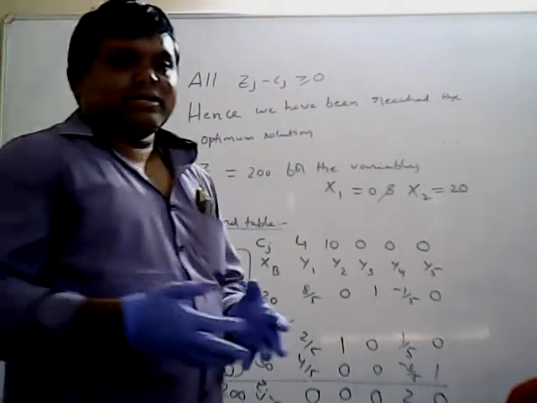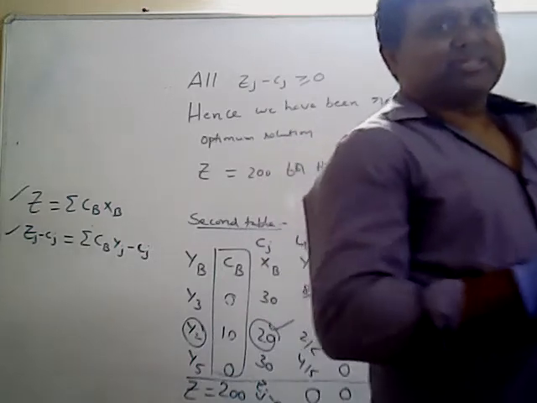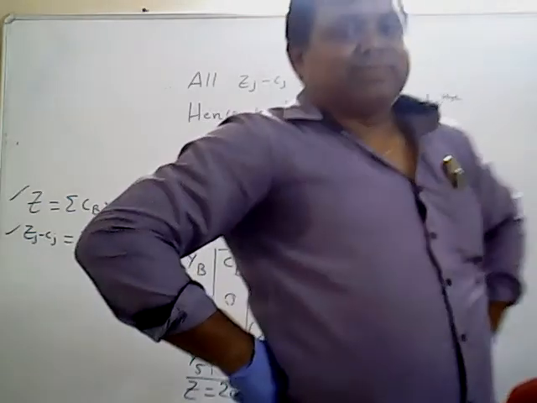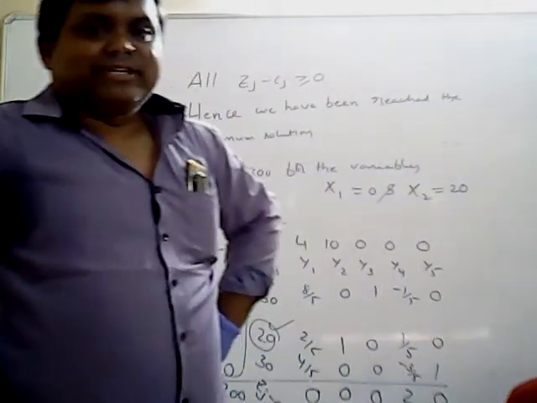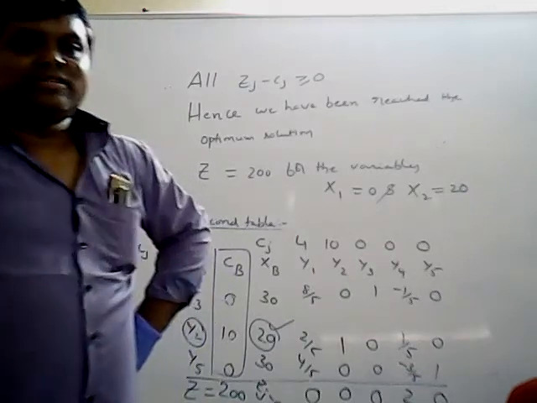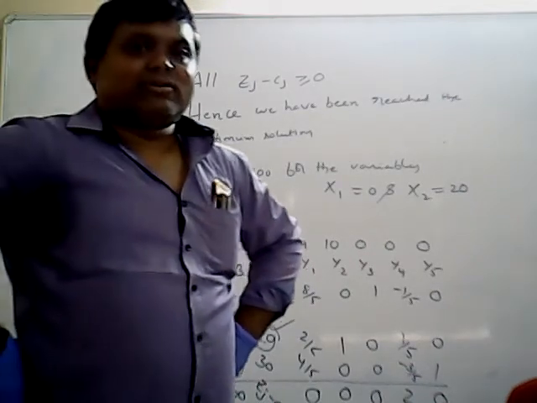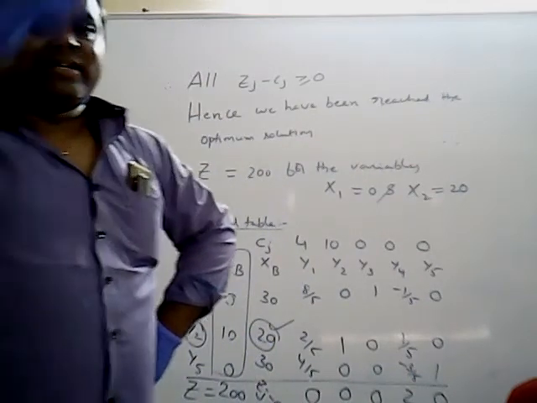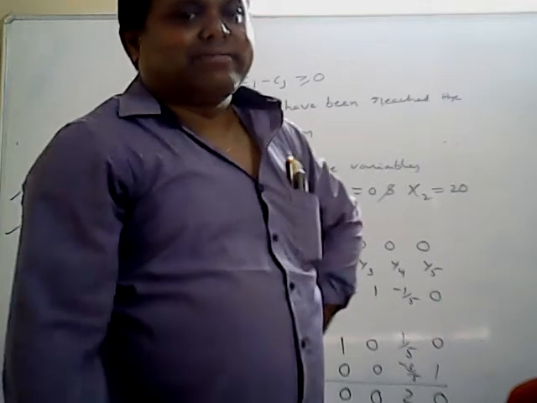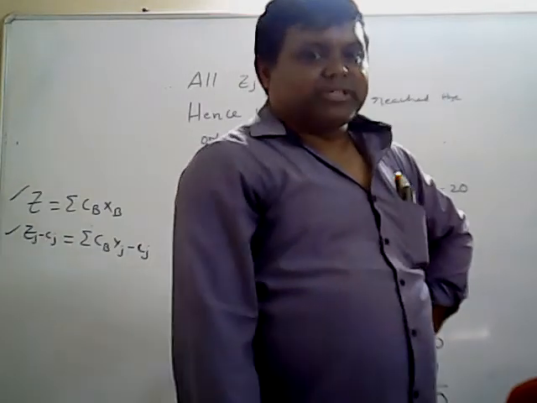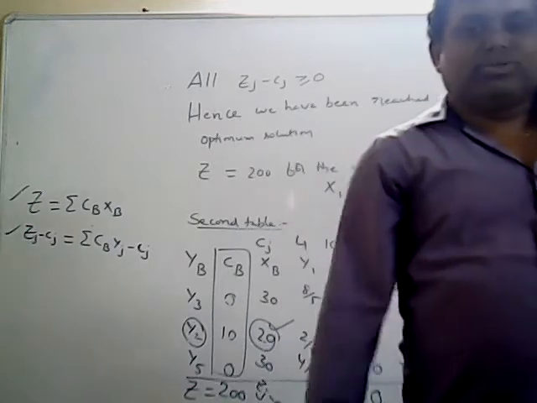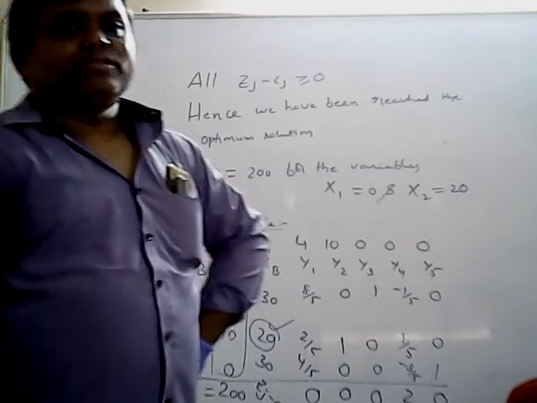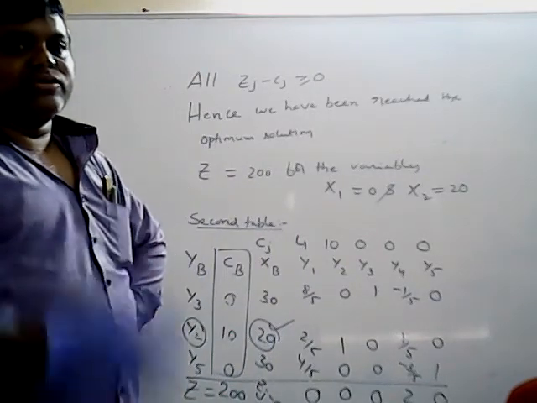So what is the simplex method procedure? Step number 1: check whether your objective function is maximization or minimization. If it is maximization, you can ignore step 1. If it is minimization, convert it into maximization by using the relation maximum z star equals minus minimum z. Step number 2: check the right hand side values, the b values. If all are positive, you can ignore step 2. If any value is negative, multiply that constraint by minus 1 so that the negative becomes positive. In this case all are positive, so we ignore step 2.